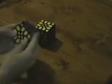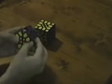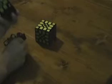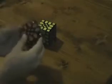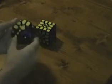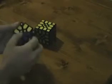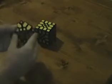And I've just finished assembling the Mosaic Cube. I haven't attached the corners yet, but I just want to show you what it turns like. It will turn exactly the same with the corners attached as without, but just to save them flying off while I'm twisting it, I'll leave them off. How I've adjusted it is that the slice layer is ever so slightly less firm than the corners,